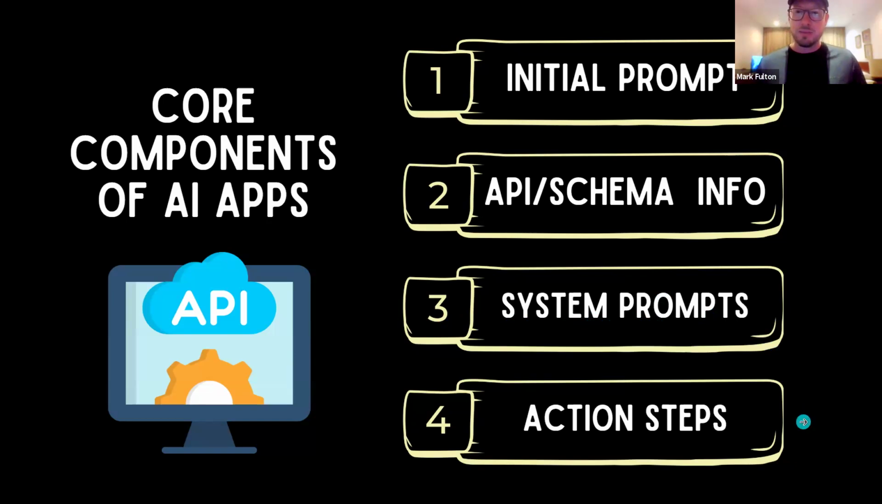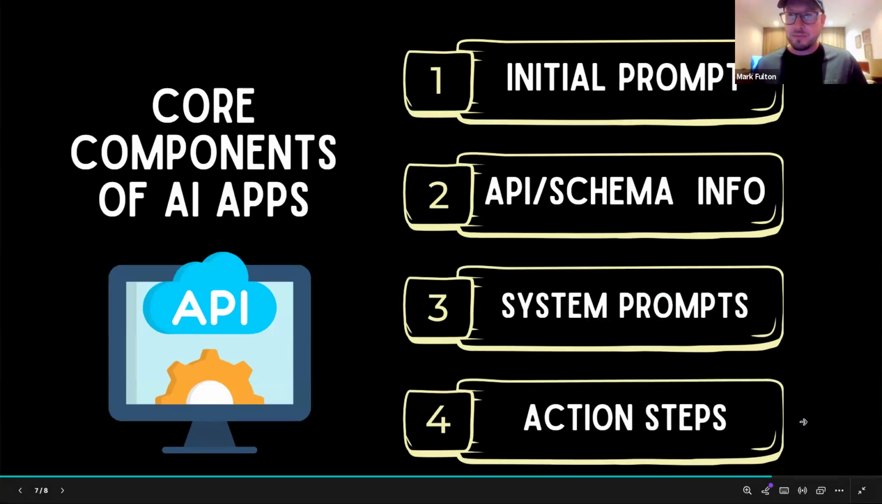And then action steps. This is optional. However,